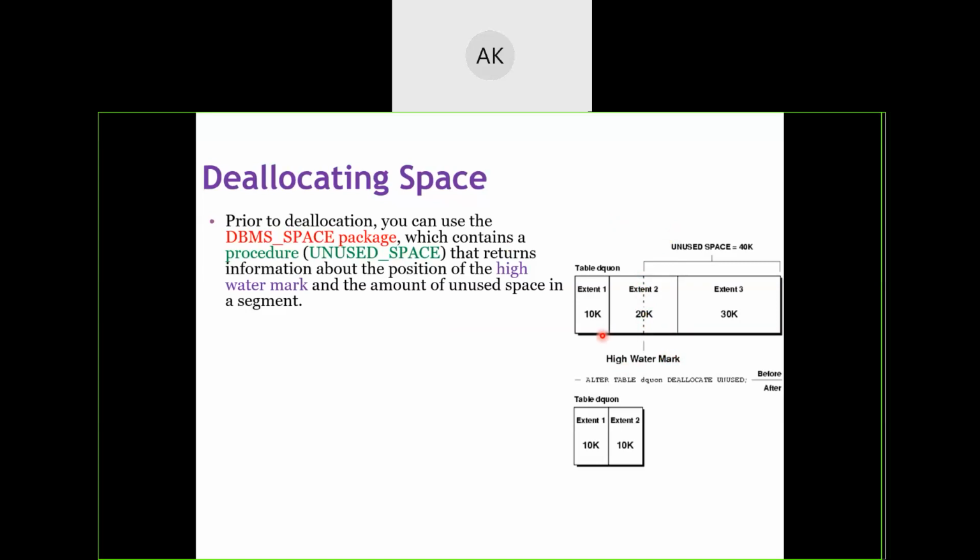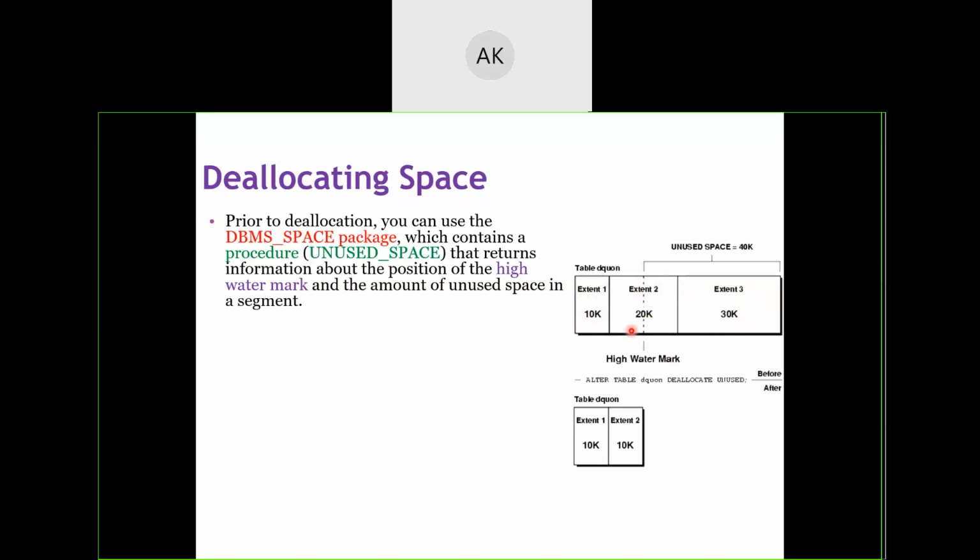For example, some amount of tablespace was initially given for the table. Let us imagine 10K. Again, it was extended by some more, let us say 20K. The second extent was given as 30K. All these memory allocations were done. Now suddenly, somewhere around here, the data was filled till this point.